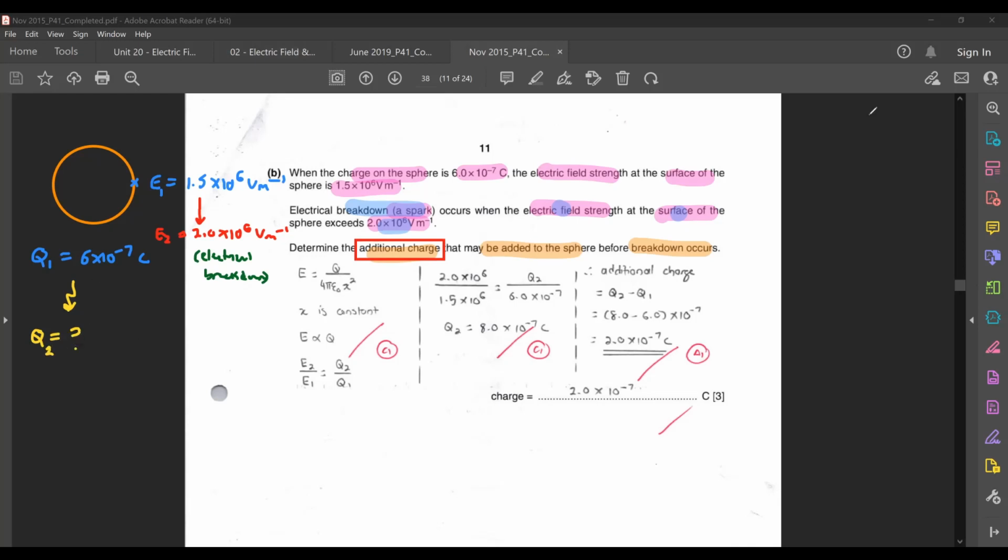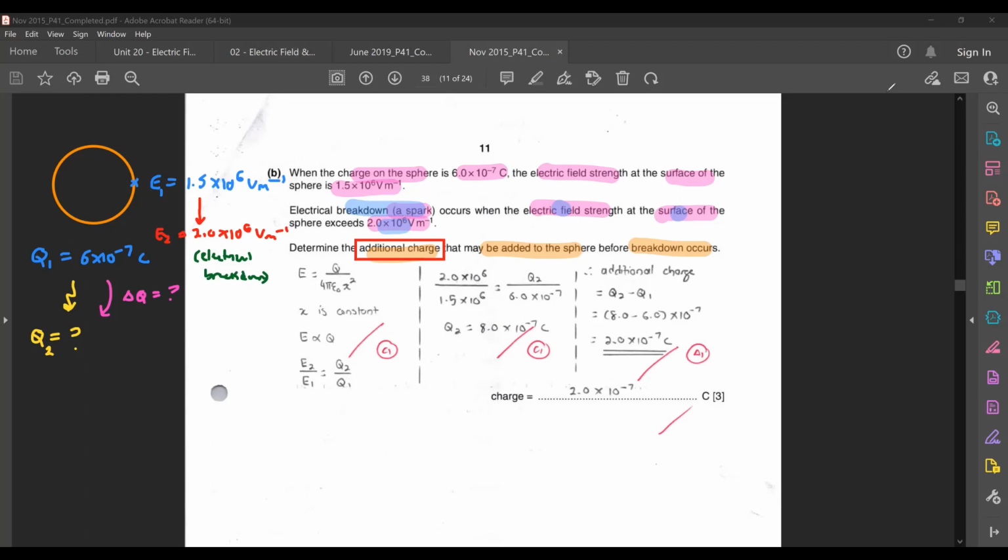So what the question really wants to know here is, from Q1 to Q2, what was the additional charge that you had to add in? Okay, the term here is the additional charge that you need, not the final charge itself. They want to know what's delta Q here. Now before I go through the calculation, let me just explain a little about what is your electrical breakdown